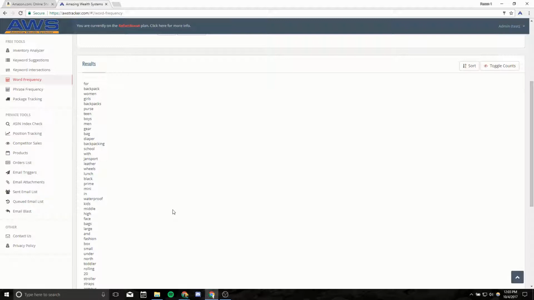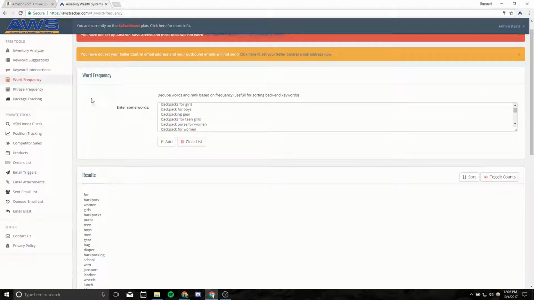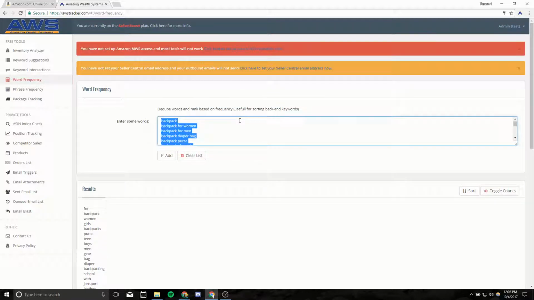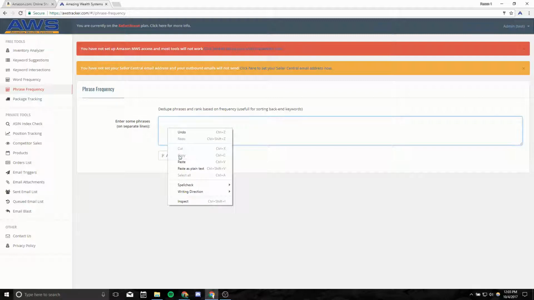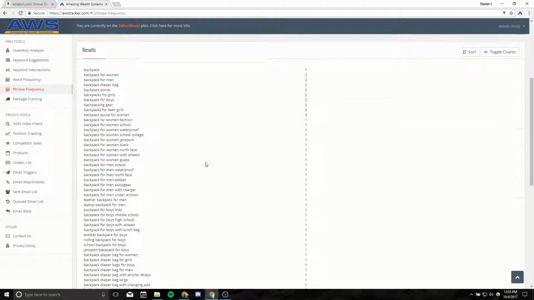I will also show you how to use the phrase frequency tool at this time. Now, the phrase frequency tool is pretty much the same exact thing as the word frequency tool. Instead of counting words, it counts phrases. So if I come back in here and copy all of these phrases that we put in earlier and take them to the phrase frequency tool, instead of counting each word, it's just going to count each phrase. So I can sort that just like this, and I can see, okay, this phrase,